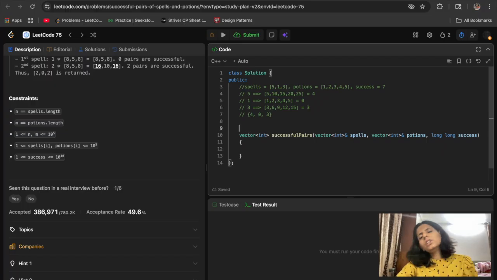So what we will do, we will sort the portions. And after sorting the portions, what do we need to do? Okay, we sorted the portions. We have a spell. If we start multiplying from the first portion, now it is sorted in increasing order, and we start multiplying,